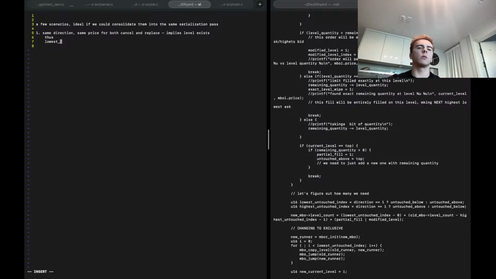Lowest untouched index is equal to that price level, and also the way we're doing it, highest untouched index is equal to that, also that price level, because it's exclusive, so that price level gets modified, and then we're gonna need something like